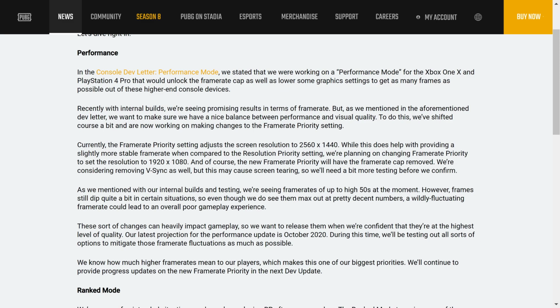Now, what's curious to me about this is they seem to have set a date that is just before the next gen consoles. PUBG is going to be playing on the next gen consoles, and they're going to be 60 frames per second or above, depending on how well optimized it is. So it seems like they're trying to get the lower consoles, for those people who don't upgrade quite as soon, at least to a similar kind of frame rate, so they're not so far out of whack in terms of